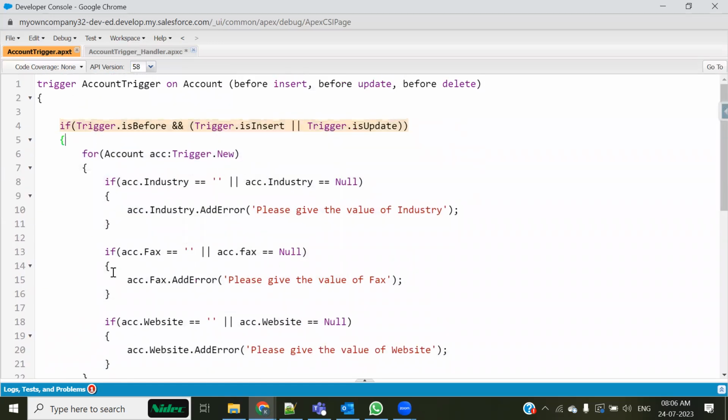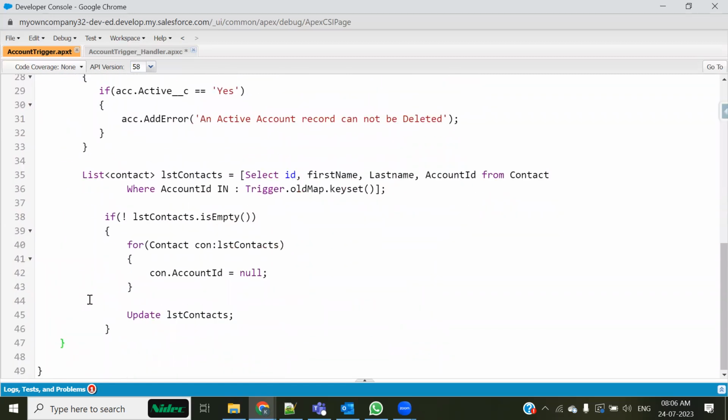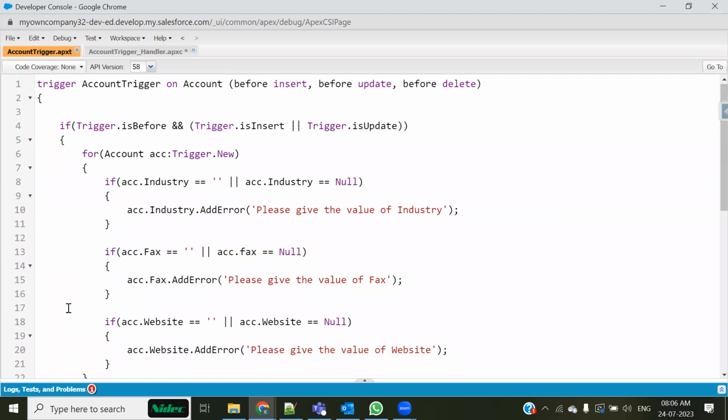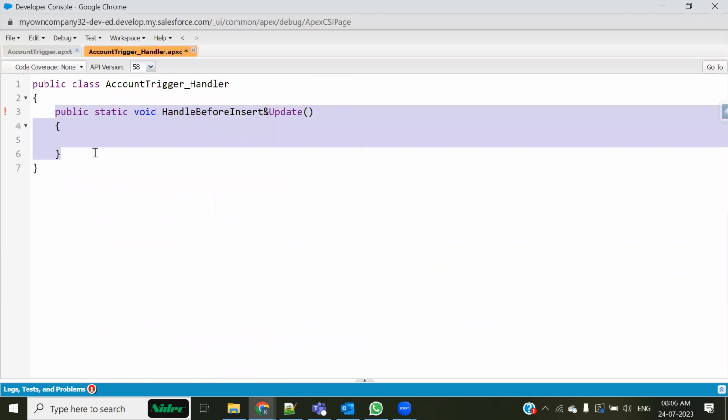This is a block. This is another block. There are only two blocks. The first block is getting called when it is a before insert and update. The other block is getting called when it is before delete. So according to that,